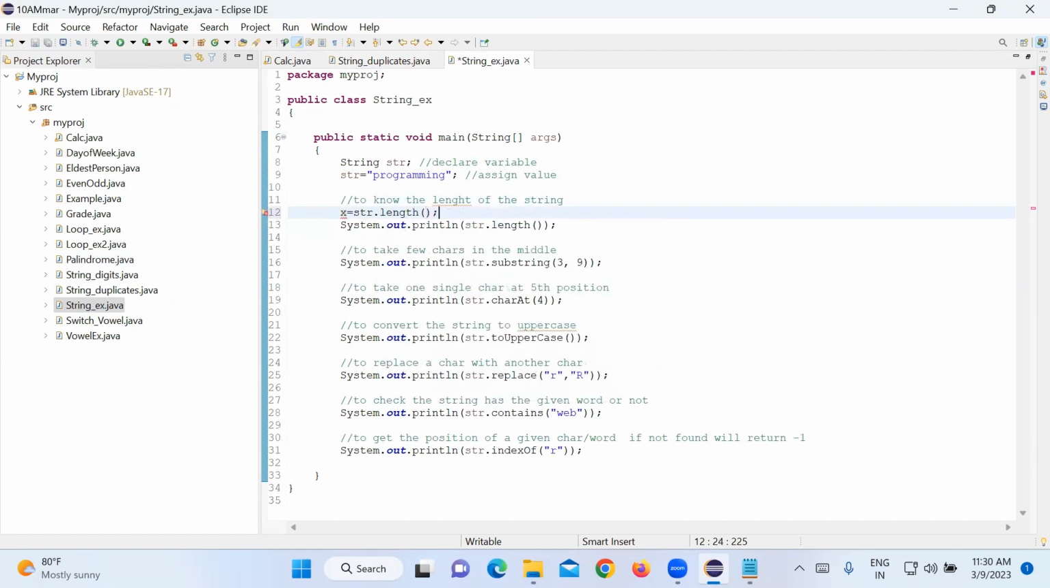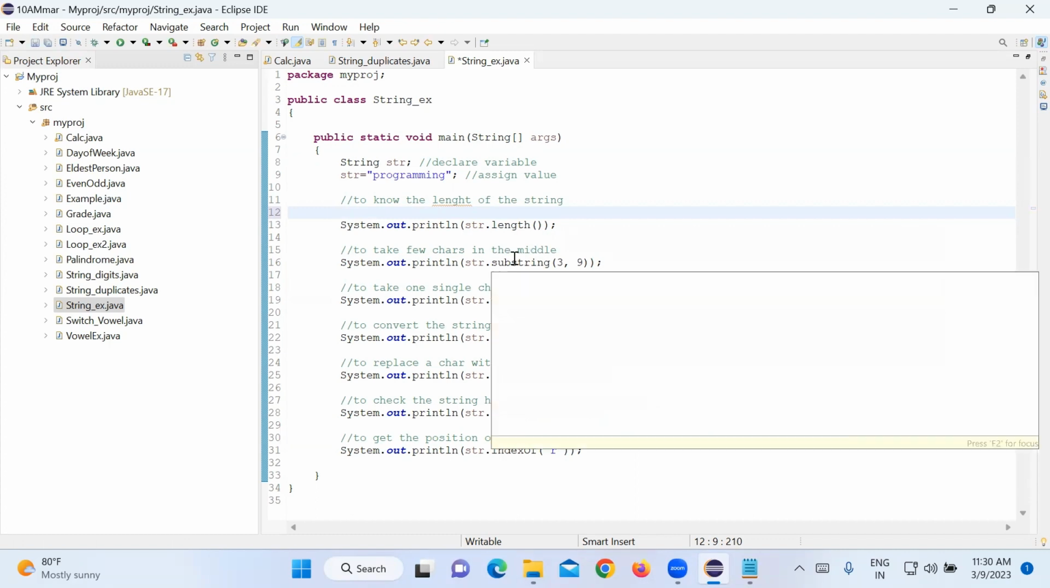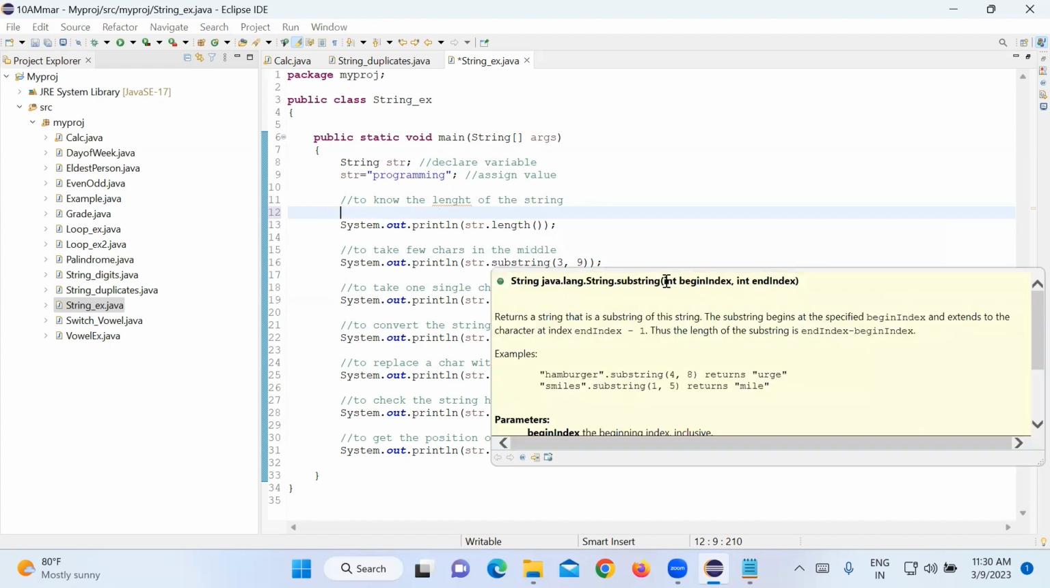Now x should be what data type? Integer data type, right? Because whatever length I am returning, I am storing into x, right? But length is not taking input, but it is giving me the output. But substring is taking how many arguments? Two integer arguments, right? And what it is returning? String type. If you see this line,